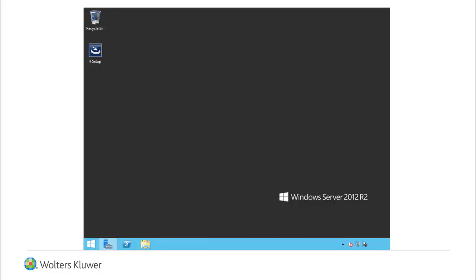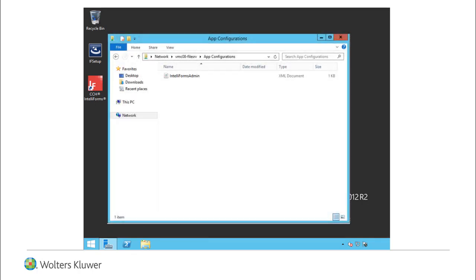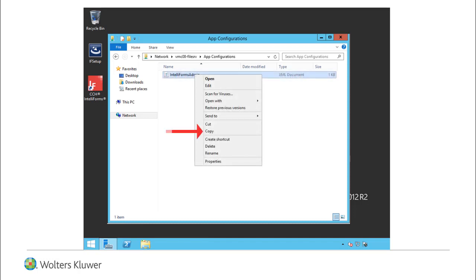Next, move to your session-based desktop server or user workstation and log onto it as an administrator. Install CCH IntelliForms by running ifsetup.exe. Refer to the installation instructions available on the CCH IntelliForms download page for more information. Once the installation has completed, navigate to the location where you place the IntelliForms admin.xml file. Then, copy the IntelliForms admin.xml file,